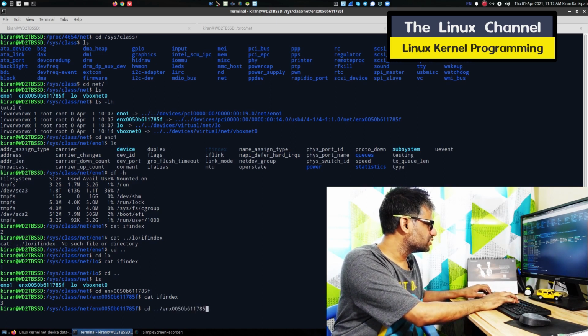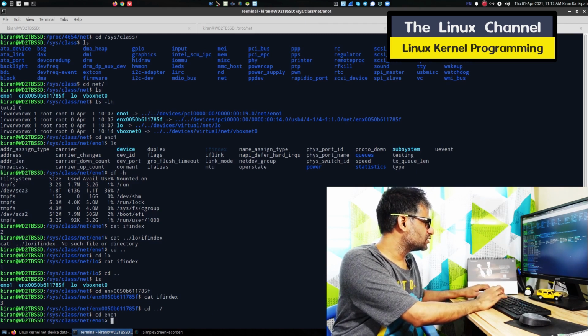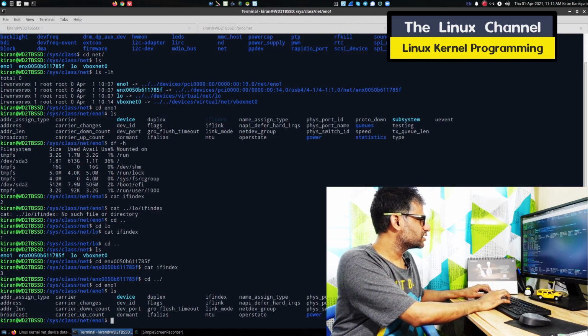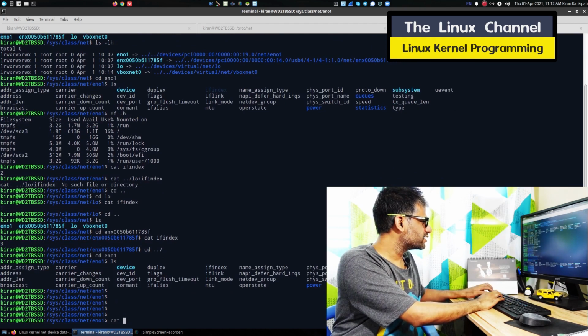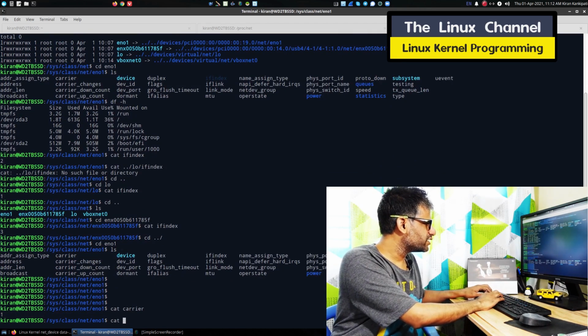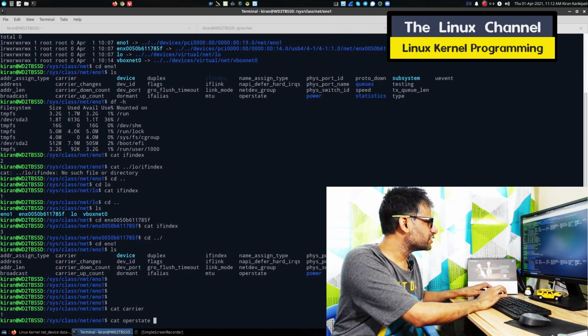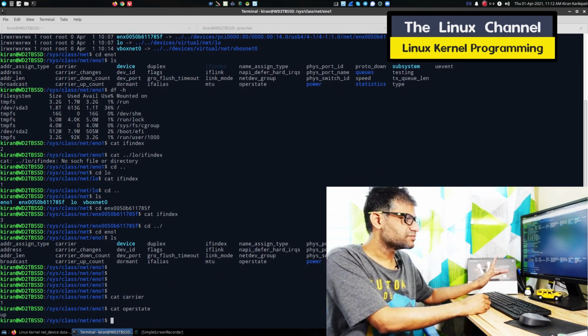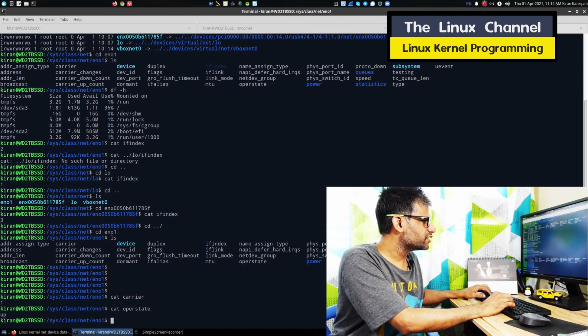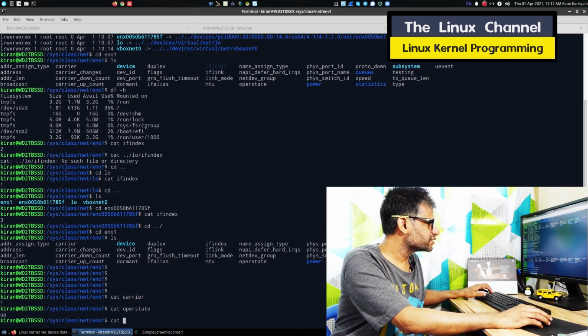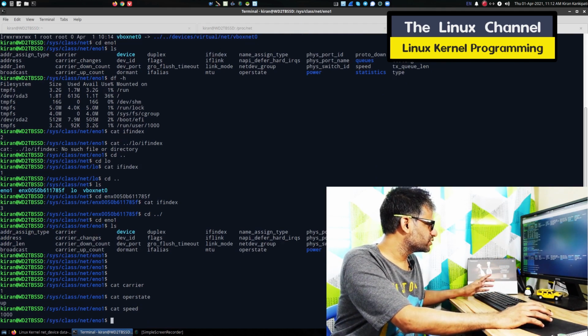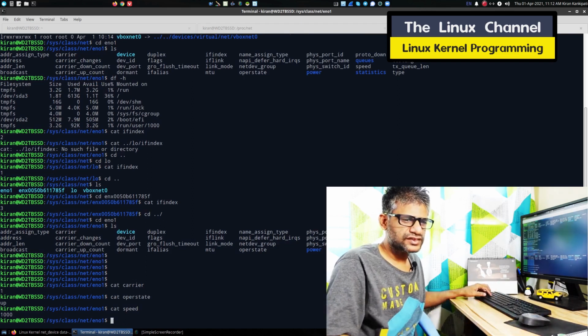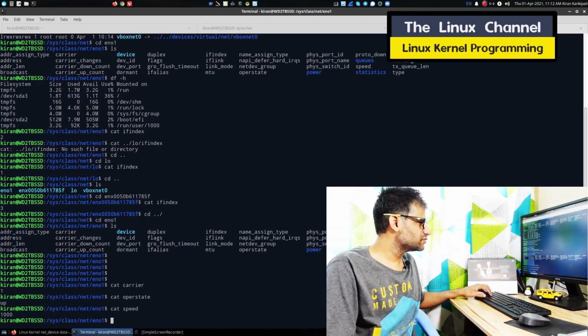Let's go back to ENO1, and you can also cat carrier and cat operating state. See, this is useful. You can find whether the interface is up or down, and cat the speed. You get the network speed of the port which it is connected to.